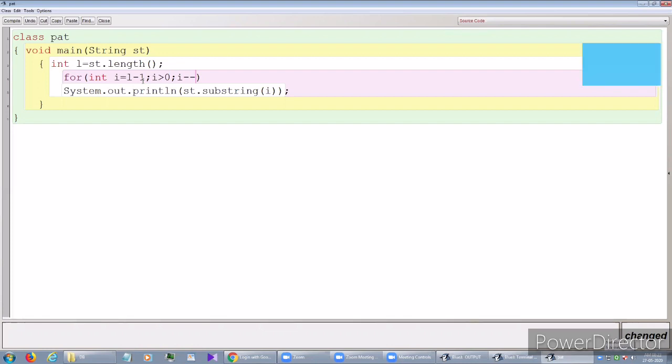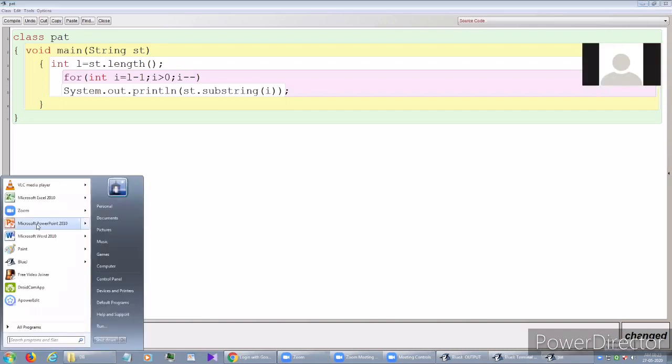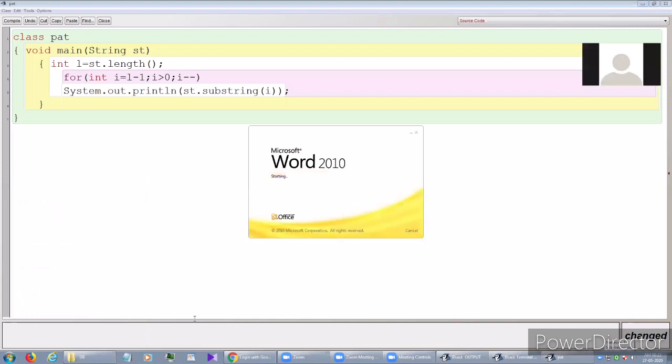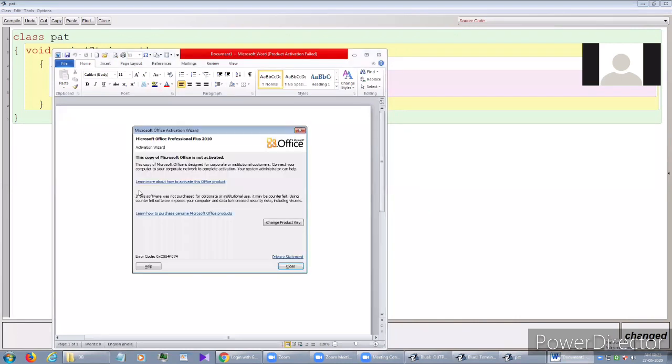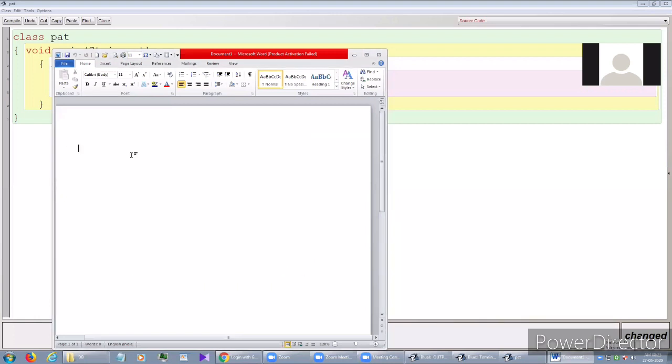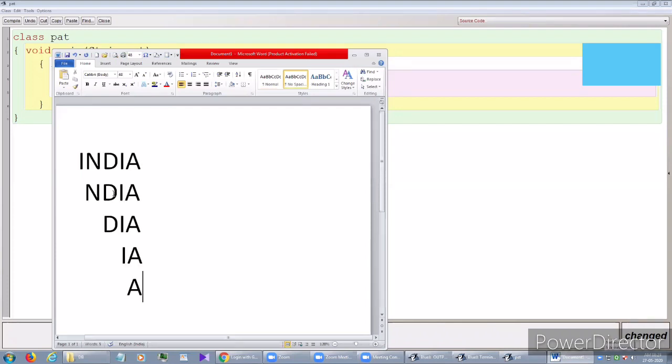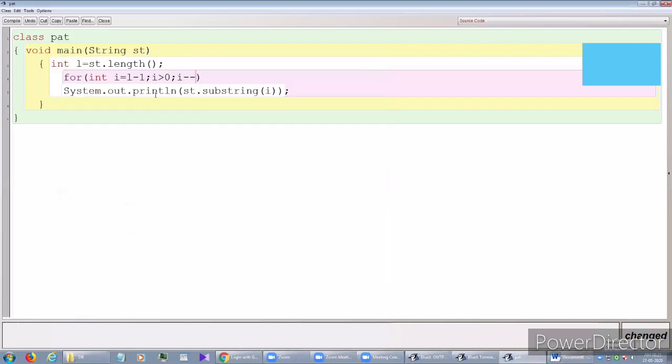Now if we have a pattern like this, how can we deal with it? Suppose we have India, then one space, this one indicates space, one space is here, then NDIA, then again 2 spaces, then 3 spaces, then 4 spaces, and A. So what changes do we need here?